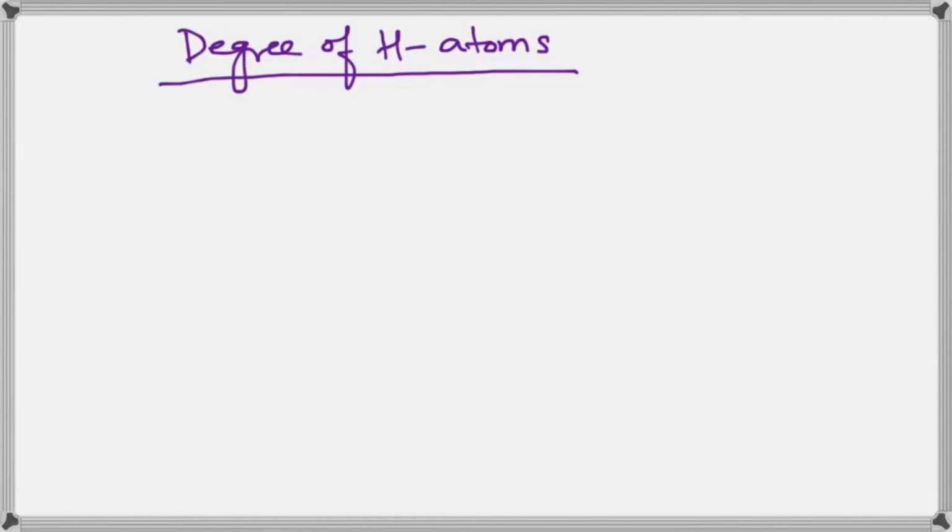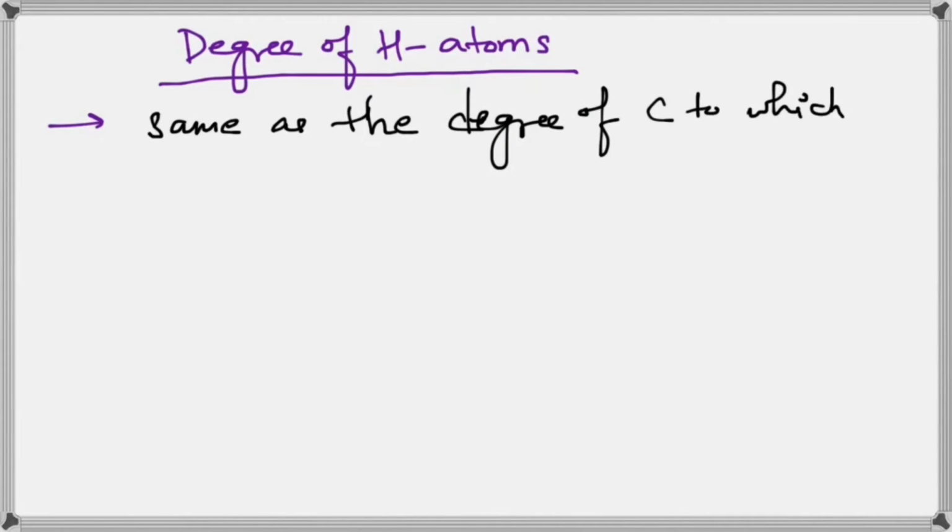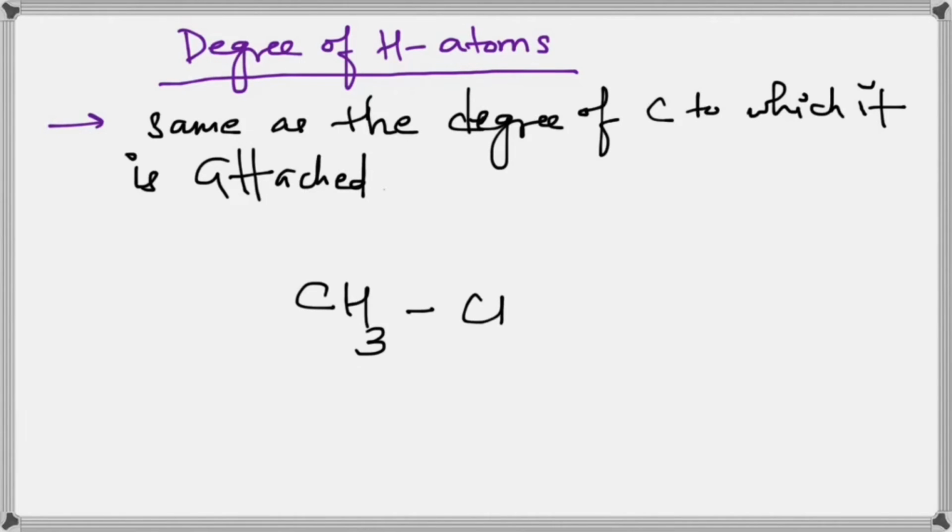Let's now see how we decide the degree of hydrogen atoms. Now the rule here is that the degree of hydrogen atom is the same as the degree of the carbon atom to which it is attached. What I mean to say is, for example, let's write a compound that we took previously, CH3, CH2, CH3, and